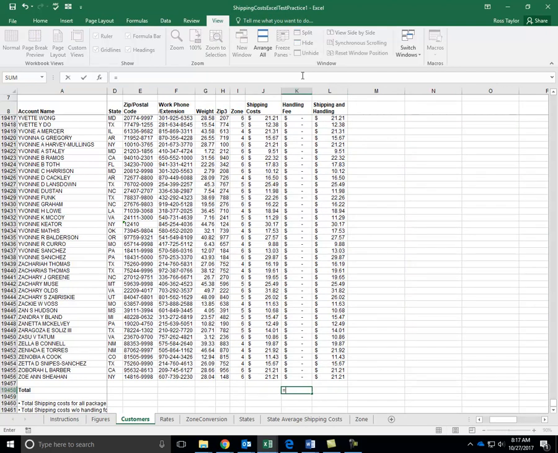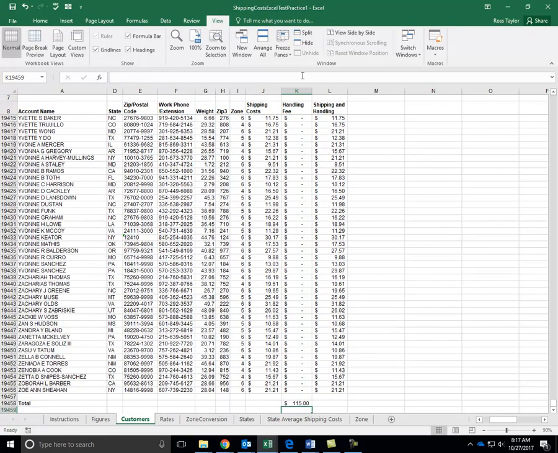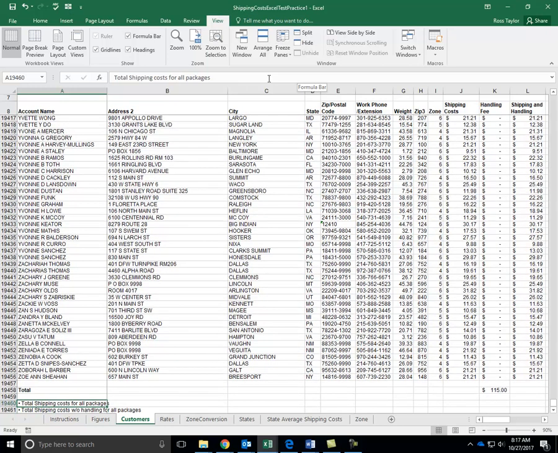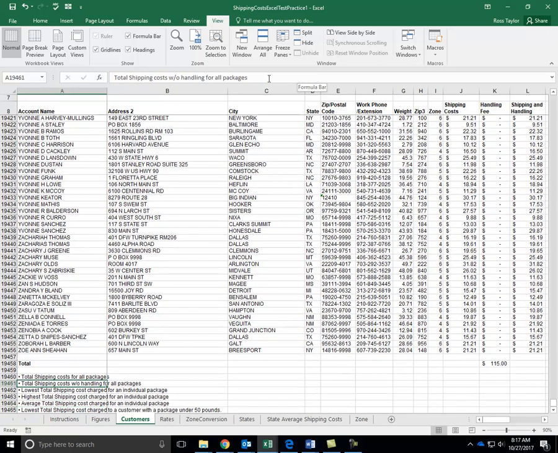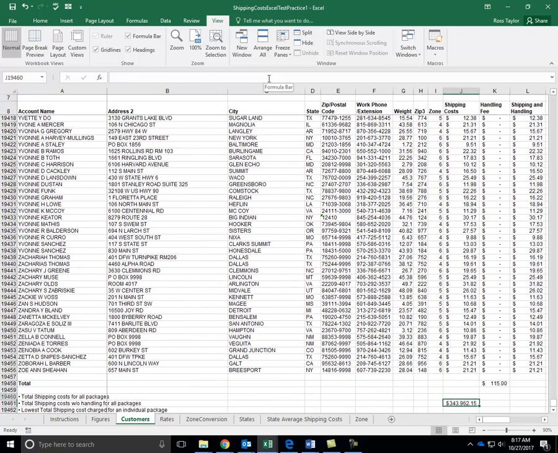So my equals sum, and okay. So there is the sum of the handling fees, and total without handling is going to be equals sum. Total shipping cost for all packages is